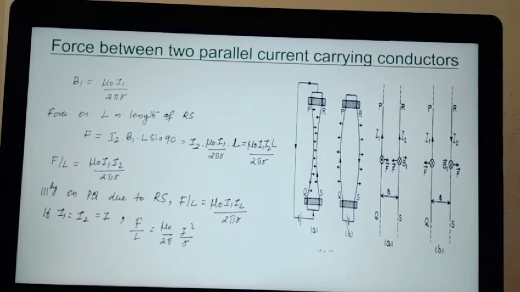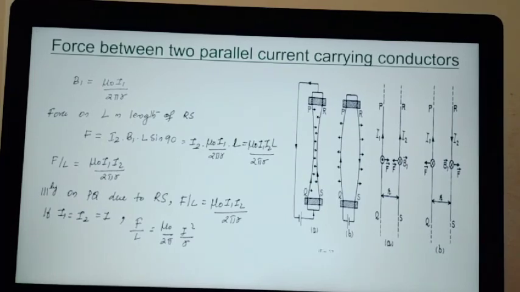And in the second diagram B, you can see the current in the I2 direction is reversed. So the directions of force are opposite to each other, then they will repel. That means the currents flowing in opposite directions are repelling each other. Okay, so the force per unit length F by L is given by mu 0 by 2 pi I1 I2 divided by R. Suppose both are carrying the same current, I1 and I2 equal to I, so that F by L will become mu 0 into I square divided by R.